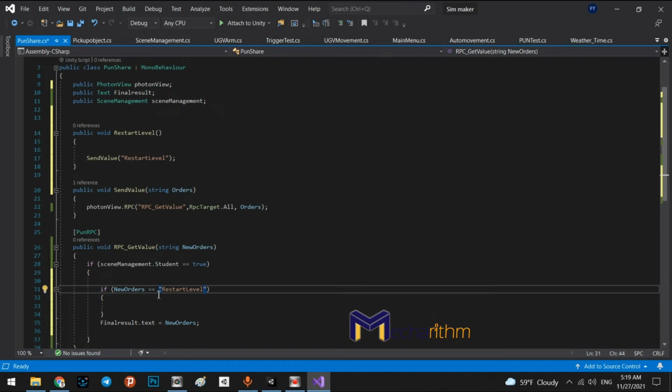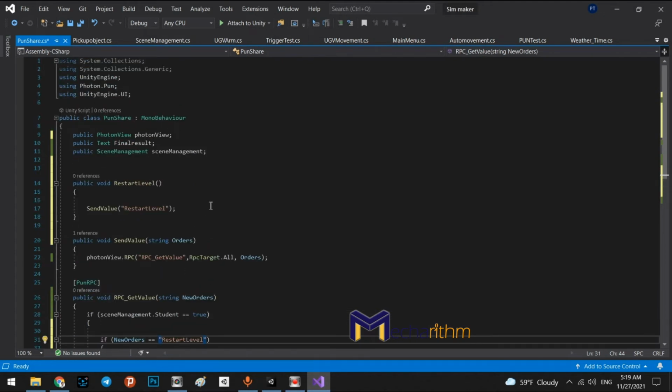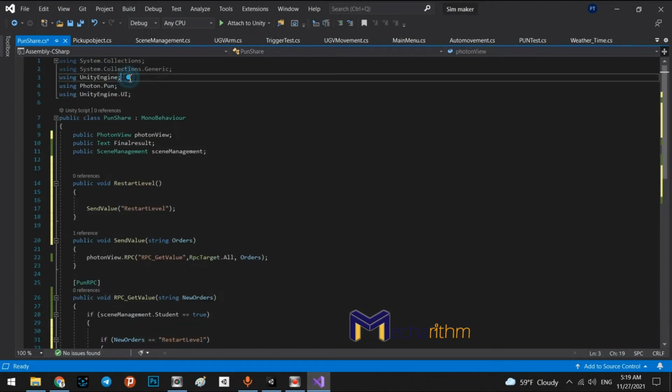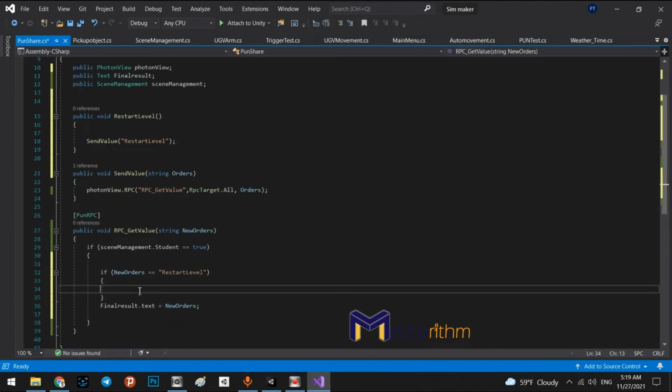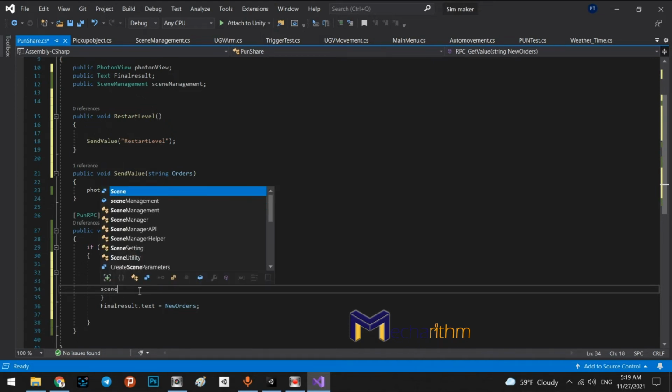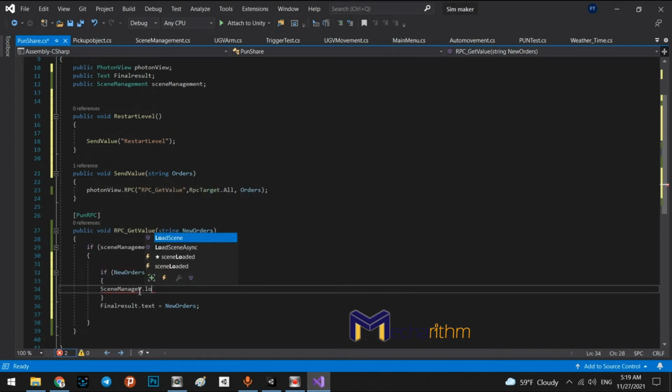If the new orders equal restart level, do some actions. What is the actions? For example, using UnityEngine.SceneManagement. Okay, and in here we will say, I don't know, SceneManager.LoadScene,